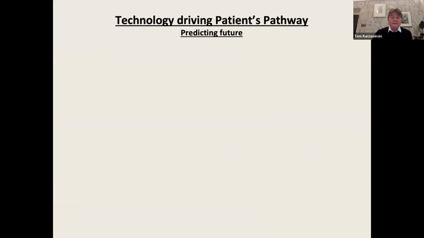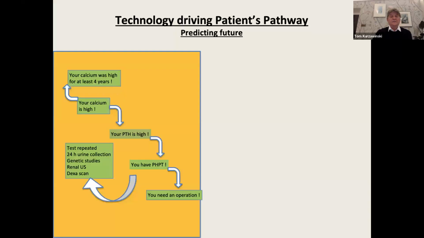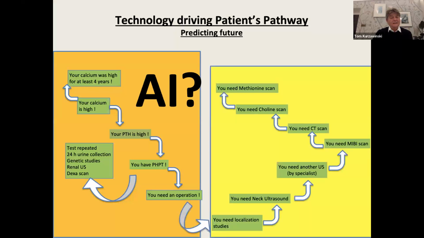So I think that this technology has the potential to have a huge impact on how we do parathyroid surgery, and it should have an impact on the pathway as well. I don't think that this part of the pathway will change because it's IOPTH independent. We probably need some artificial intelligence or some other form of alien intelligence to help with speeding the patients through the diagnostic process. But I think that there is a huge potential